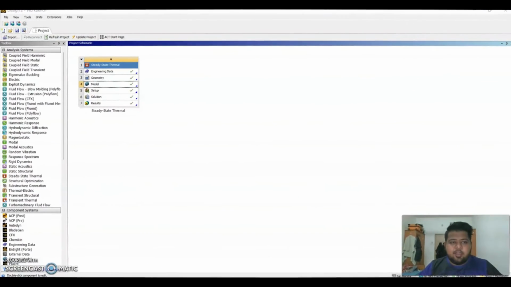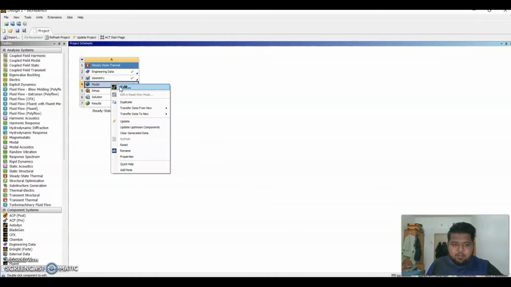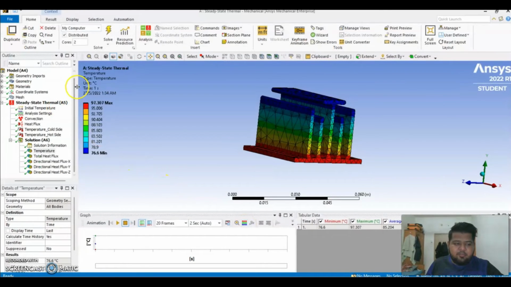Okay, now let us look at the second design, which we have done as a static thermal analysis. We are going to look at the engineering data. We have already added the engineering data, which is aluminum alloy. The geometry is complete and there's a tick at the side. Next is the model. Once we have clicked on the model, we click on edit, and you have gone into the